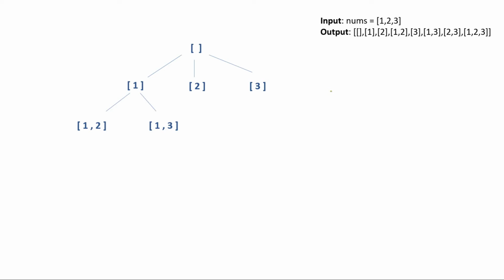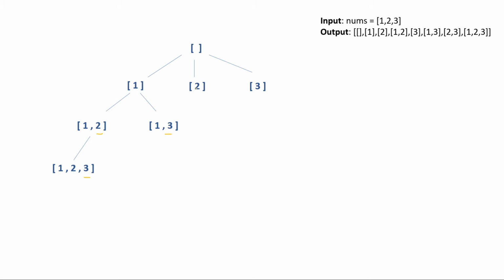Now 1, 2 we can fix. Then what is left? Only 3 is left. So that will create a choice as 1, 2, 3. As after 1 we have choice as 2 and 3, and after 2 we have choice as 3. So after 1, 3 there is no choice left, because if we include 2, that is 1, 2, 3 only. So we can go back and from 2 we can start with our choices.